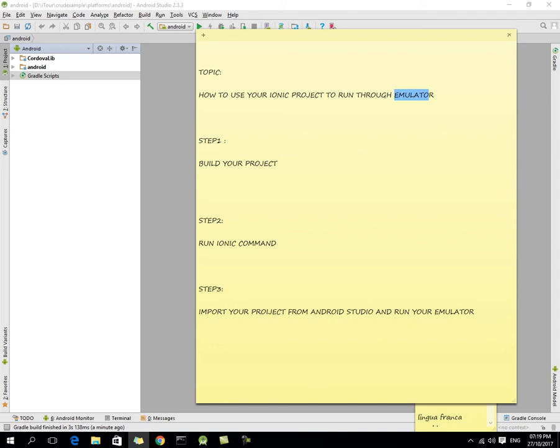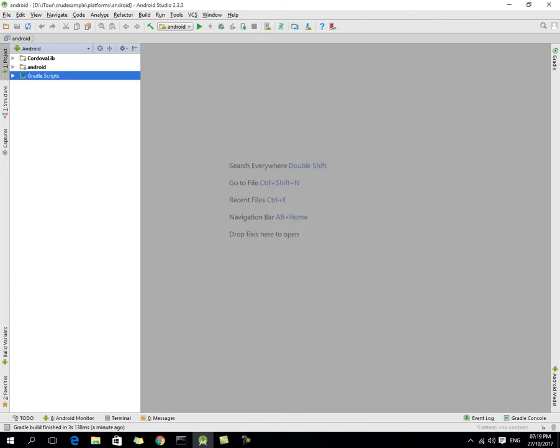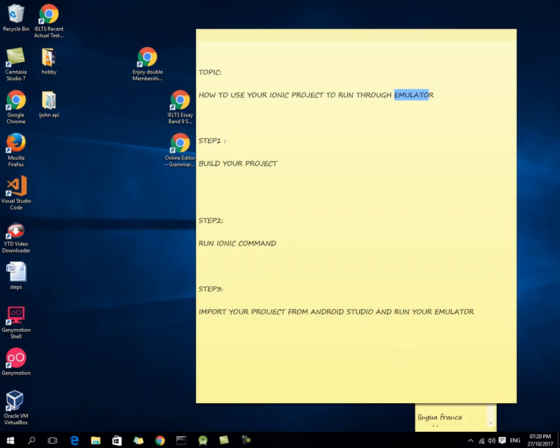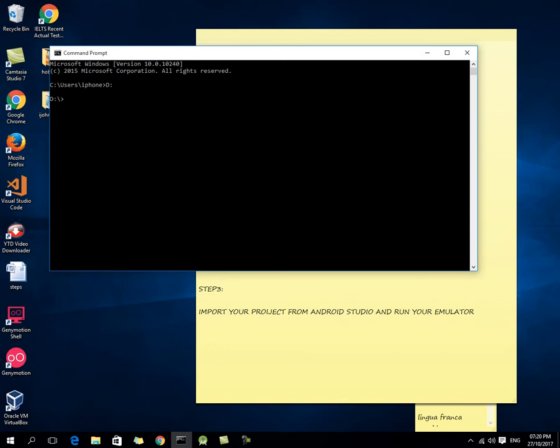For example, if you have an Ionic project which has been built using Angular, and you would like to use this built APK through Android Studio. So this is my Android Studio, and you see that I have an existing project. It is called CRUD project. So I would like to show you how we can use my Angular Ionic project